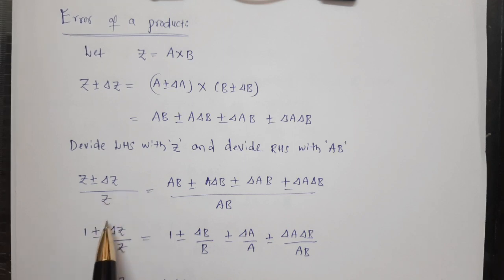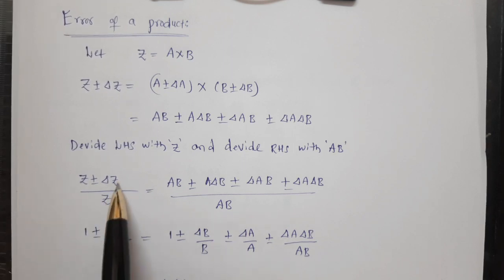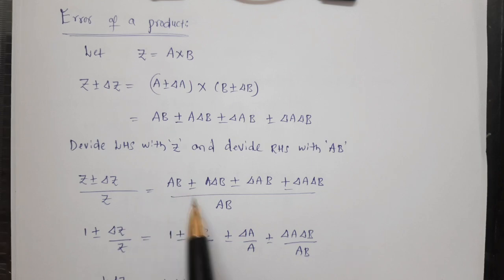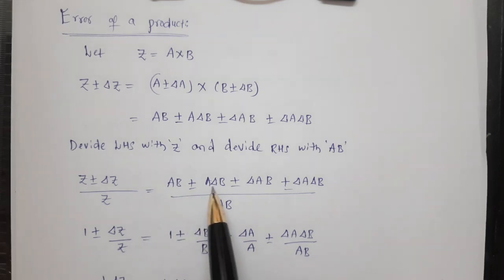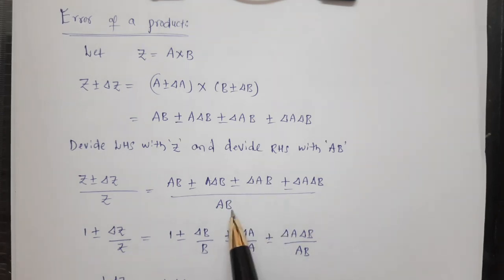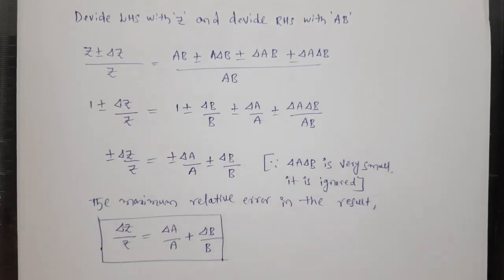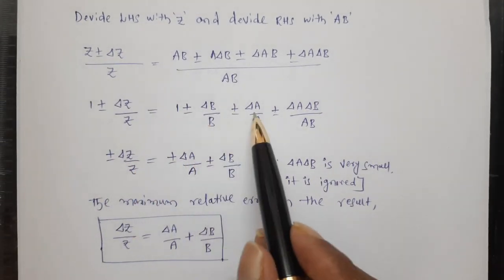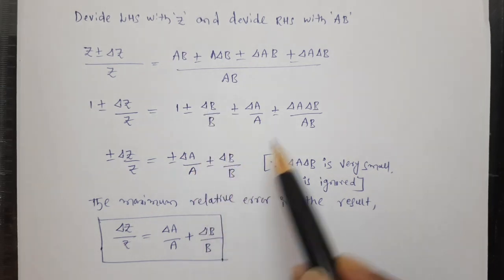Now when you simplify this one, Z by Z you will get 1, and AB by AB will get 1. And A into delta B by AB, A gets cancelled, you will get delta B by B. And when you take delta A into B by AB, B gets cancelled, you get delta A by A. And delta A into delta B by AB we are writing like this. In the next step you can cancel one this side and one this side. And then what do we get? Delta Z by Z equal to delta A by A plus delta B by B, and of course we are neglecting